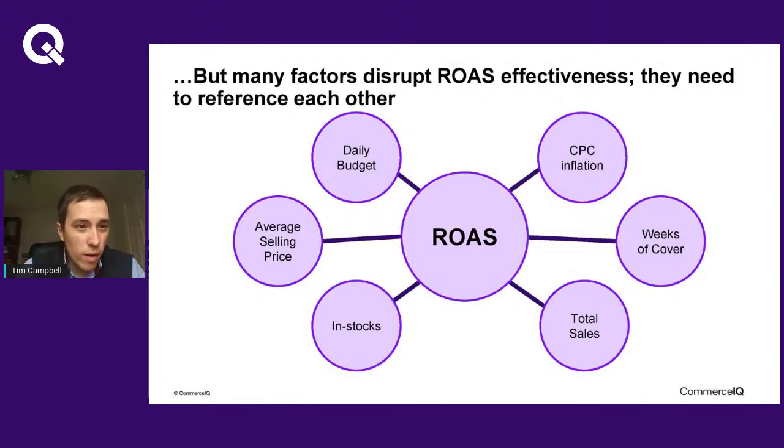And if you could avoid that by not investing ad spend in products that are out of stock, or perhaps more importantly, more specifically, products that are about to go out of stock, and that's the weeks of cover variable you see there on the right. If you can forecast that accurately, then you're going to avoid wasted ad spend. And of course, that's something that we do at Commerce IQ. We have a fairly accurate system that determines how you can automatically optimize your ad spend for your inventory